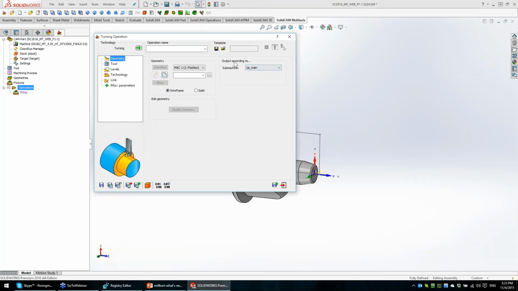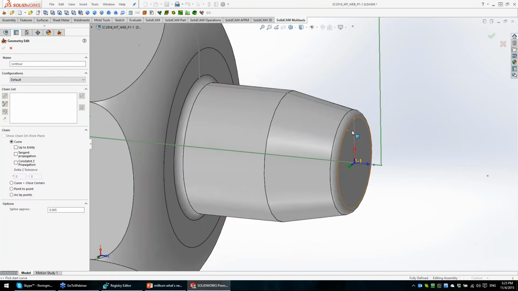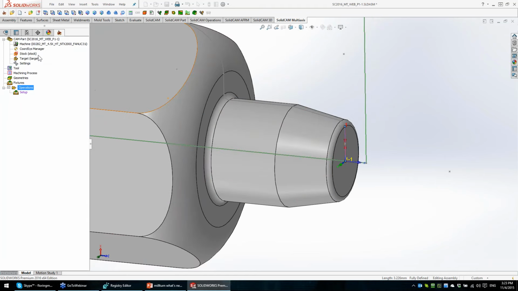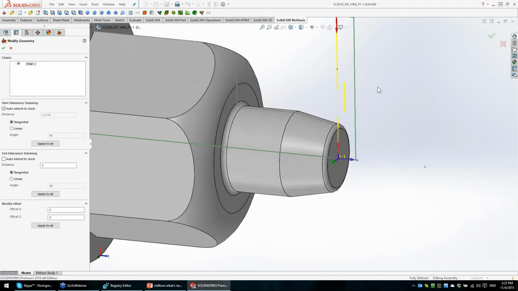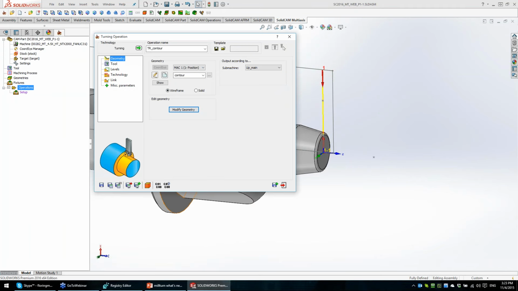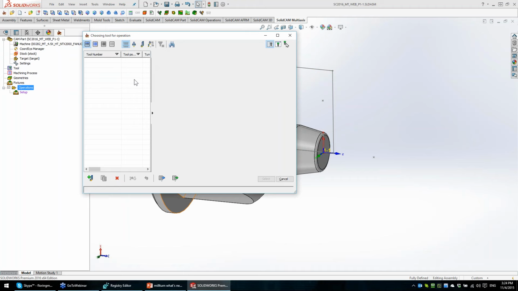We work on submachine upper main, the same way that you have in the previous version. You select the submachine, define the geometry. Let's work on face, and modify. We'll extend it to the stock. Tools. Select. Now we have an empty tool table,